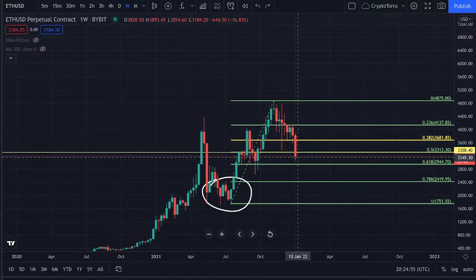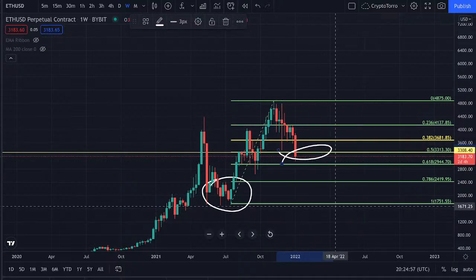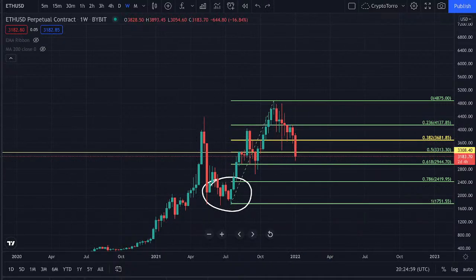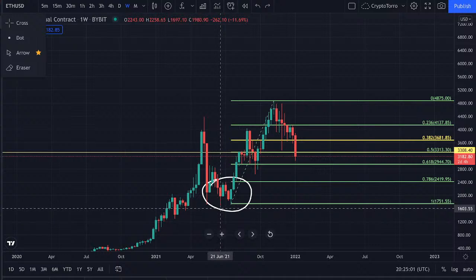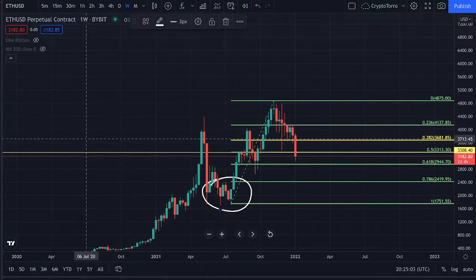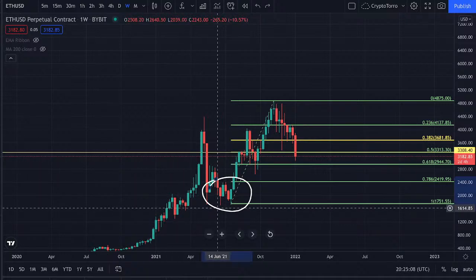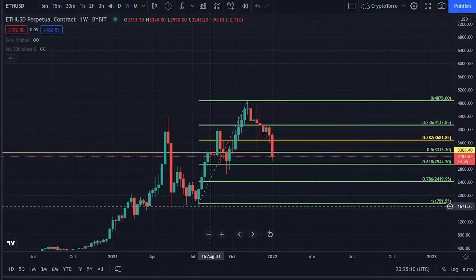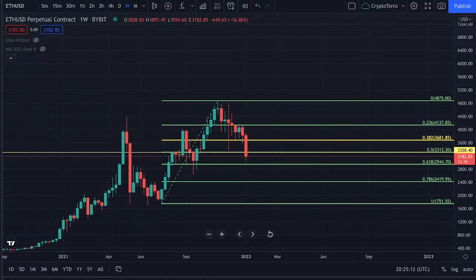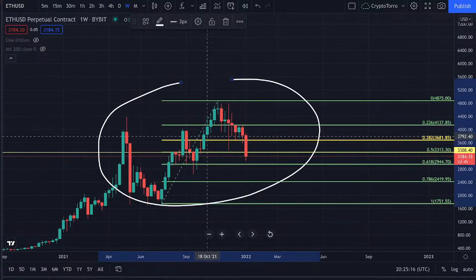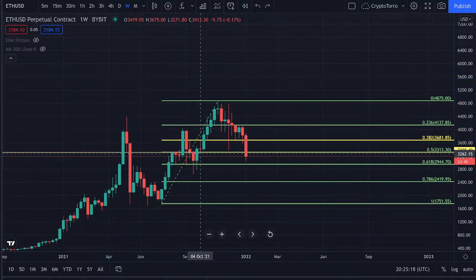So therefore, if we hold strong above the 0.5 Fibonacci, we would still see a higher low. What does this mean? It actually does tell us that we are still inside of a movement towards the upside, and we are still seeing very bullish market structure taking place. So that is absolutely important to see